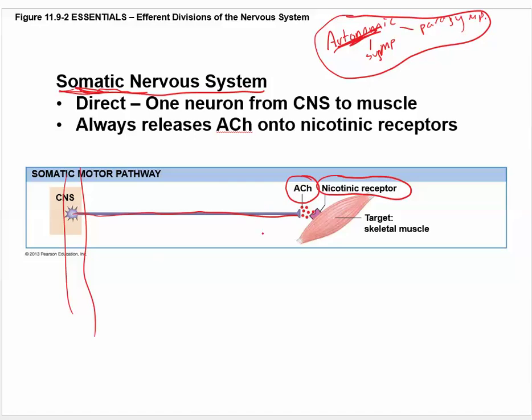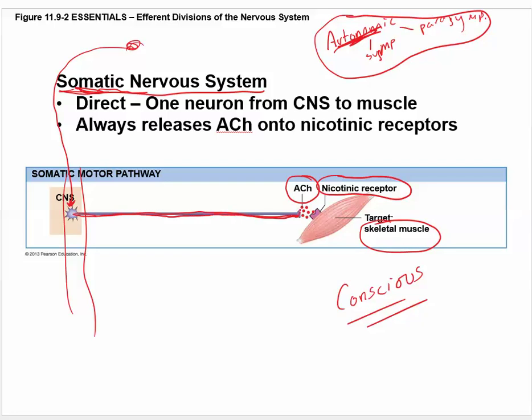And this is going to matter because what are we trying to do here? We're trying to activate skeletal muscle. When we say skeletal muscle, we mean conscious control. We're aware of it. We have made this decision. Our motor cortex has said, hey, we're going to flex our bicep muscle. It sends a signal down, says, hey, you, flex the bicep muscle. This guy goes, okay, sends a signal, releases acetylcholine, binds to a receptor, and this will flex every time.